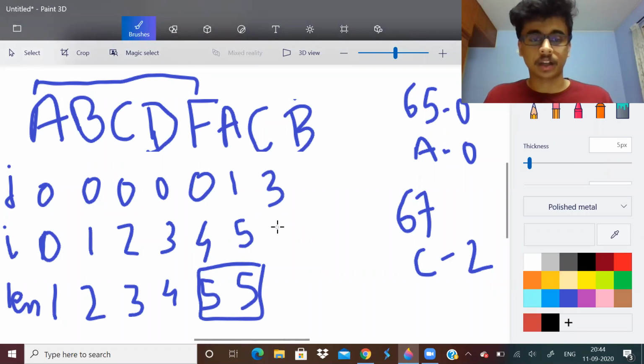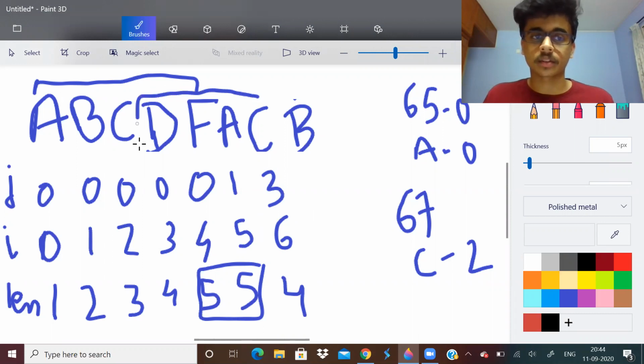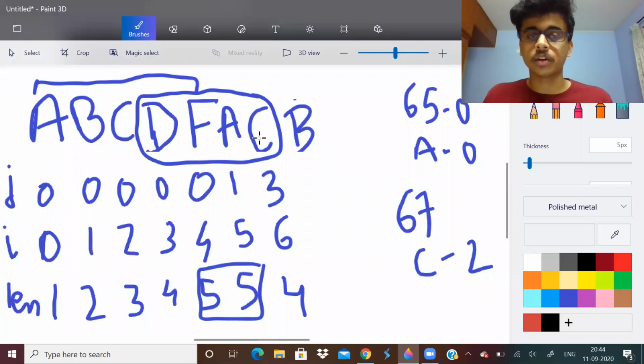And i will change to 6. So now length will become 4. Yes, this will be the substring. At this point, length becomes 4 because the unique substring is this.